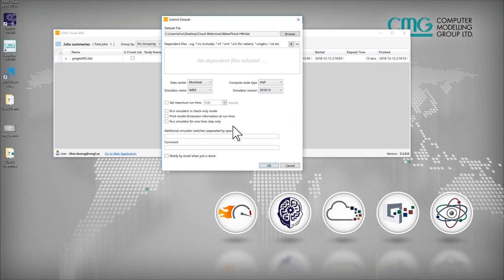Okay, so once you have that all done, these are the same kind of setups or checkboxes that you have in a typical run if you need to use them. I also have an option to notify by email. If it's a long job that you don't want to sit around and wait for, you can click it. It'll send you an email once the job is finished.